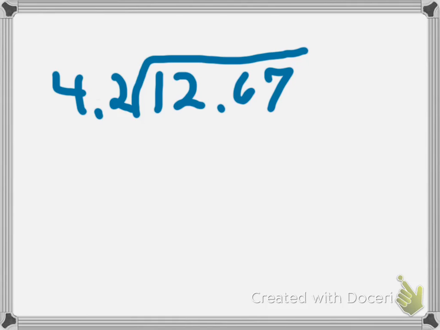Now that I've estimated, I can divide as if there's no decimal point in the expression. So I'm going to take those decimal points out here, and now I have 1,267 divided by 42, which is something I'm a little bit more familiar with. So for the traditional algorithm for long division, I asked myself, okay,